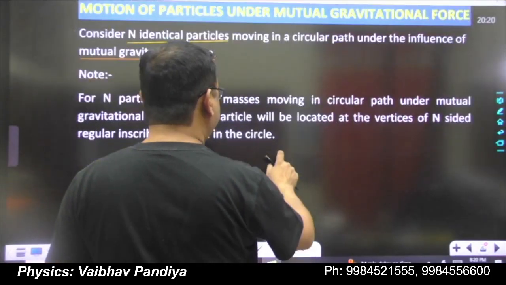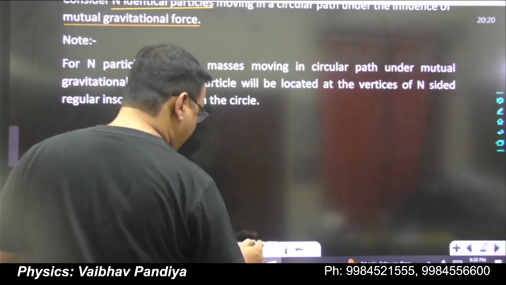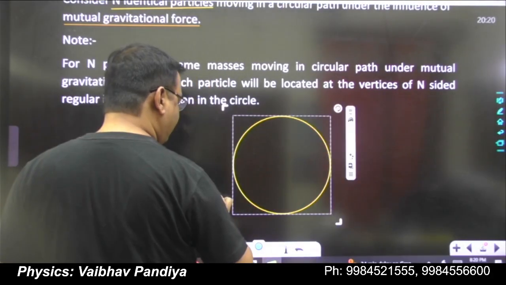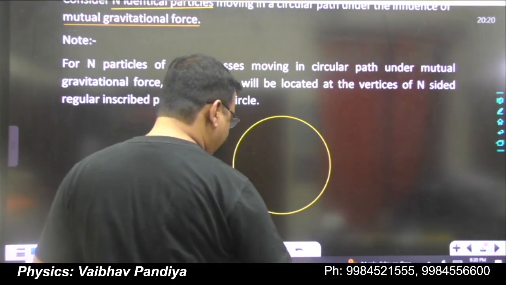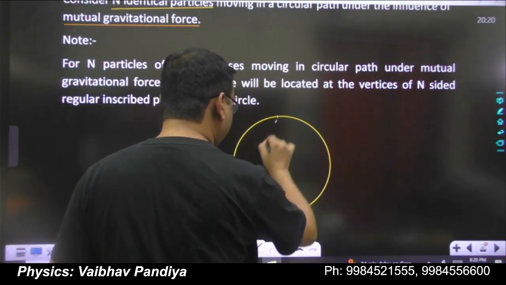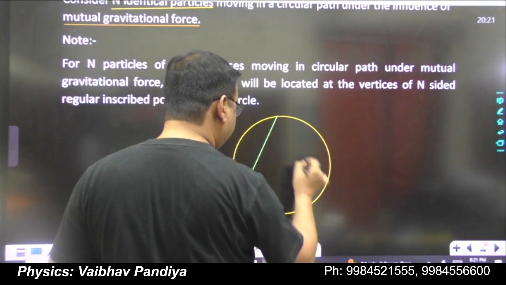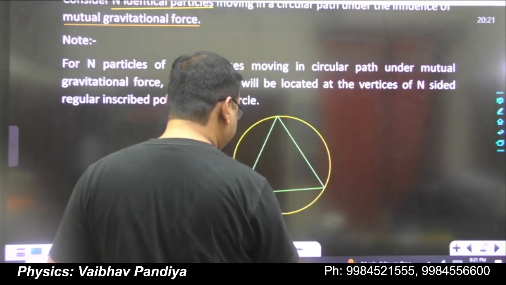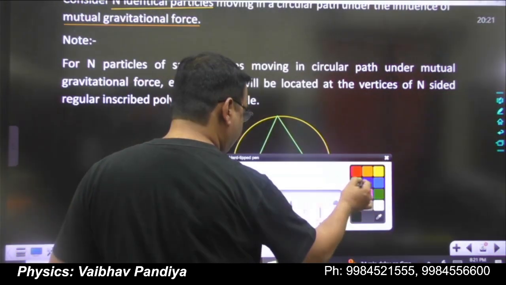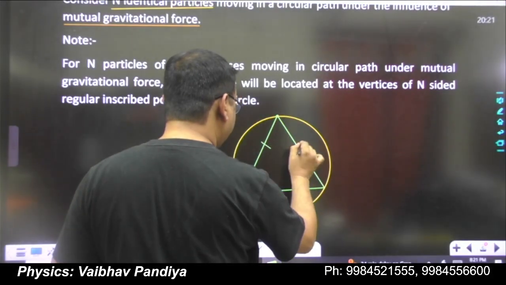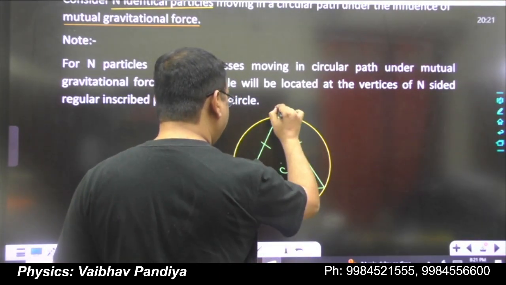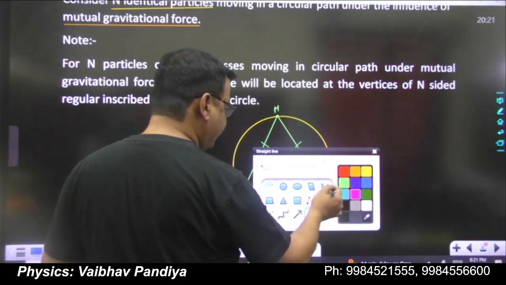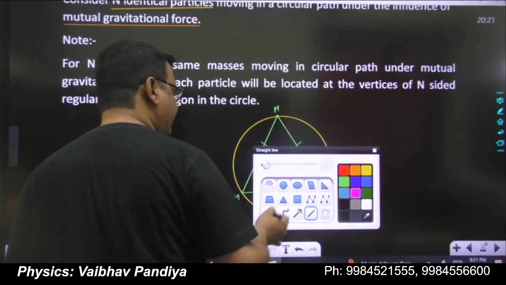Now there is one fundamental. Whenever we have n particles of equal masses, n identical particles, and if they are moving in a circular path under mutual gravitational force, then each particle will be located at the vertices of an inscribed regular polygon. This is a very important point. Each particle will be located at the vertices of an n-sided